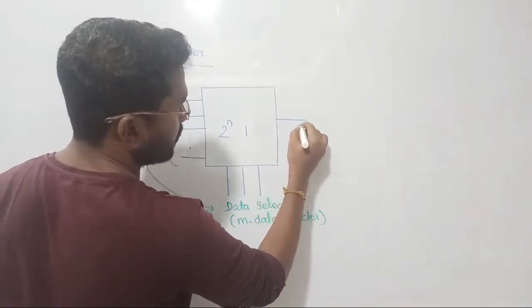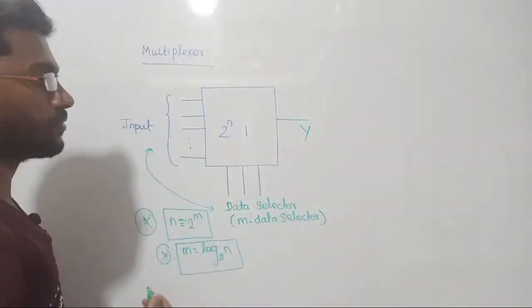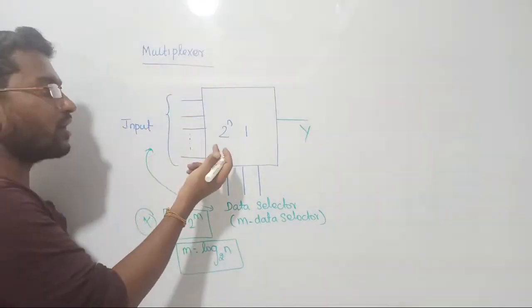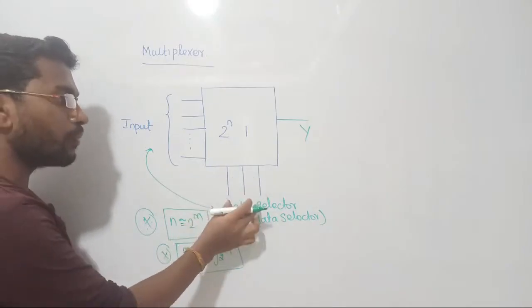I said we are going to consider only one output in the multiplexer. Clear? What I told you is there are 1000 songs on the input side, but we cannot hear all these songs. So with the proper data selector,